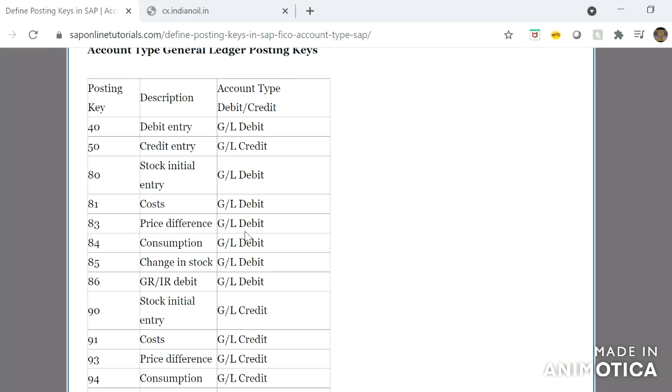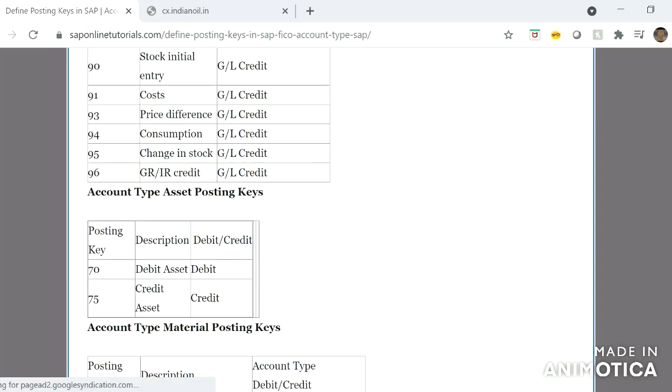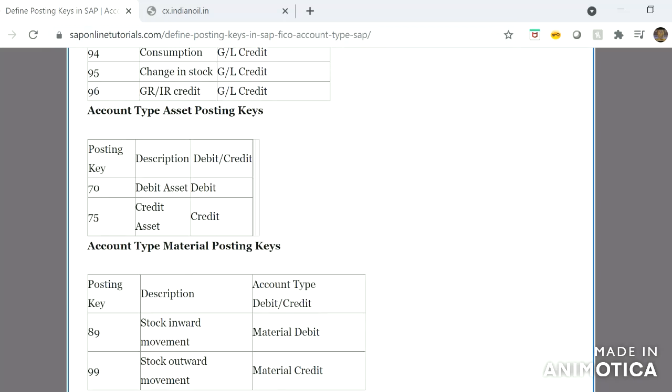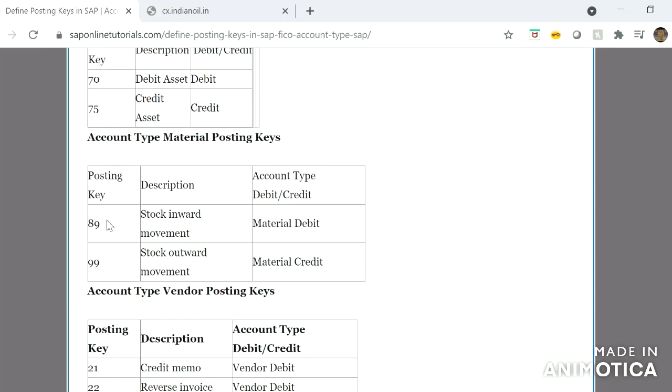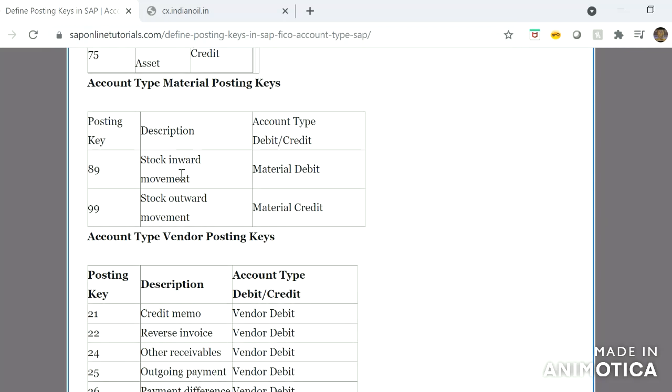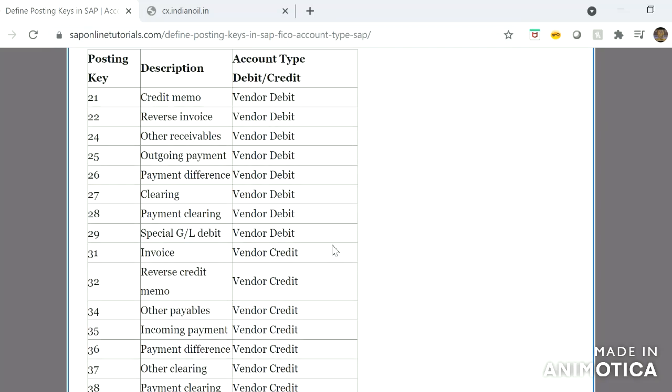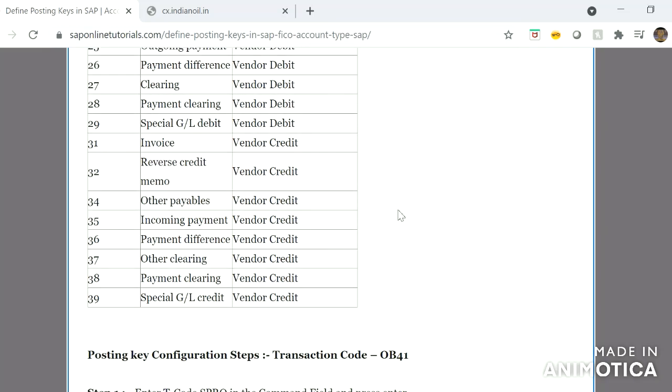For GL, these will be the posting keys, and for assets, again 70-75 are the famous posting keys. For material, 89 and 99: material gets debited, stock goes out and stock comes in. These are the posting keys, and for the vendor, these are the posting keys. The transaction code for posting keys is OB41.